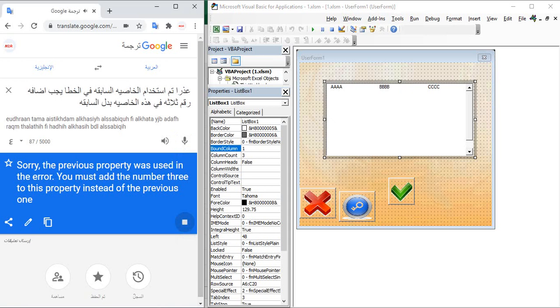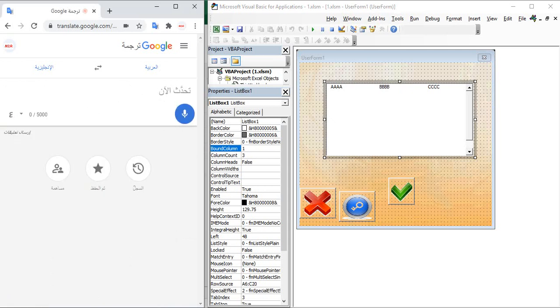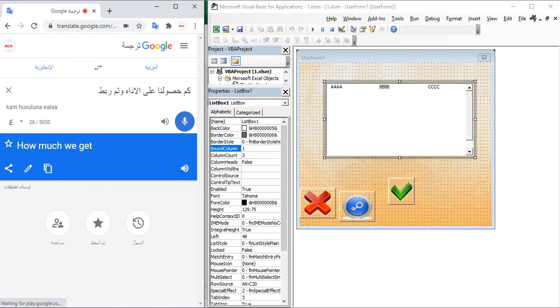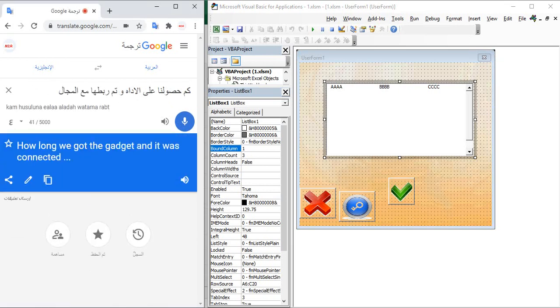You must add the number 3 to this property instead of the previous one. We got the tool and it is linked with the field.